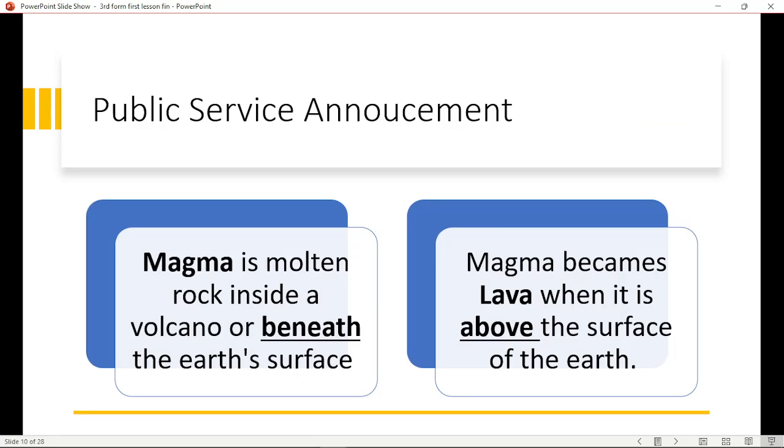Public service announcement. Magma is molten rock inside a volcano or beneath the Earth's surface. Magma only becomes lava when it is above the Earth's surface. Because people often mix up what is magma and what is lava. But yeah,